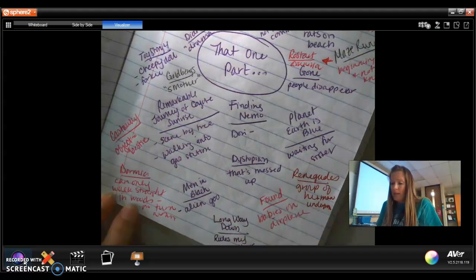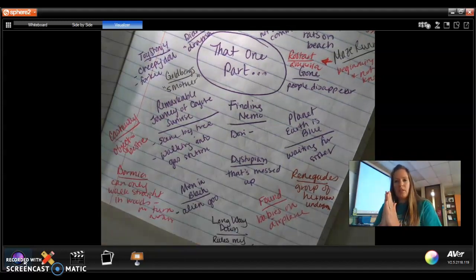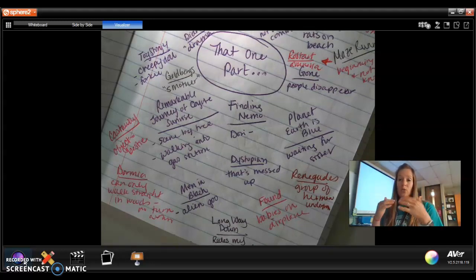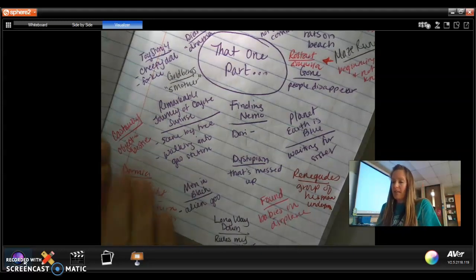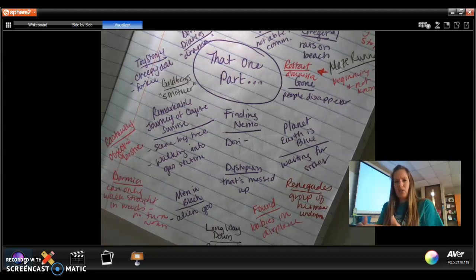But anyway, Dormia, there's a scene in the book where you can only go into the woods, and once you've started, you have to go all the way through the woods, and you can't turn around, because if you turn around, whatever's behind you will kill you. If they felt something brush their hair, they just have to keep going straight, because if they turn around, they know they're going to die. I have written that one a couple of different ways too, considering what would drive a character to go into a situation knowing that if they turn around, they die.